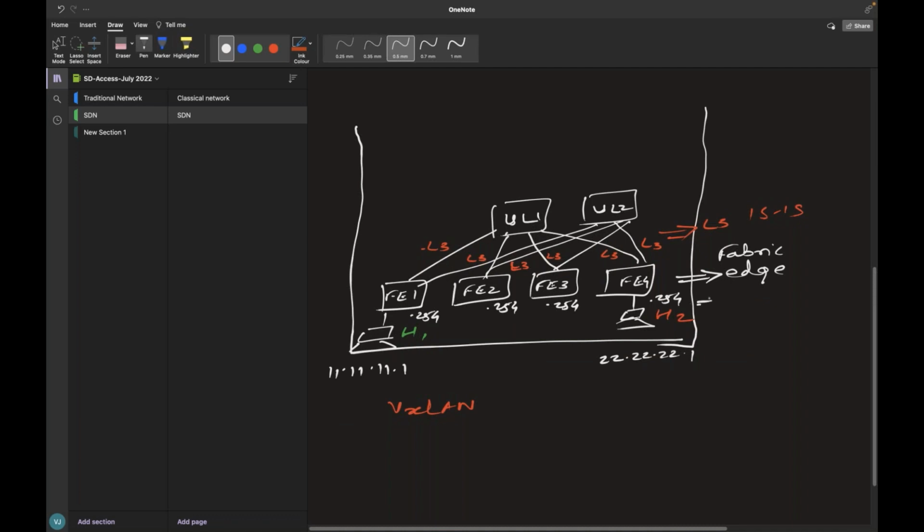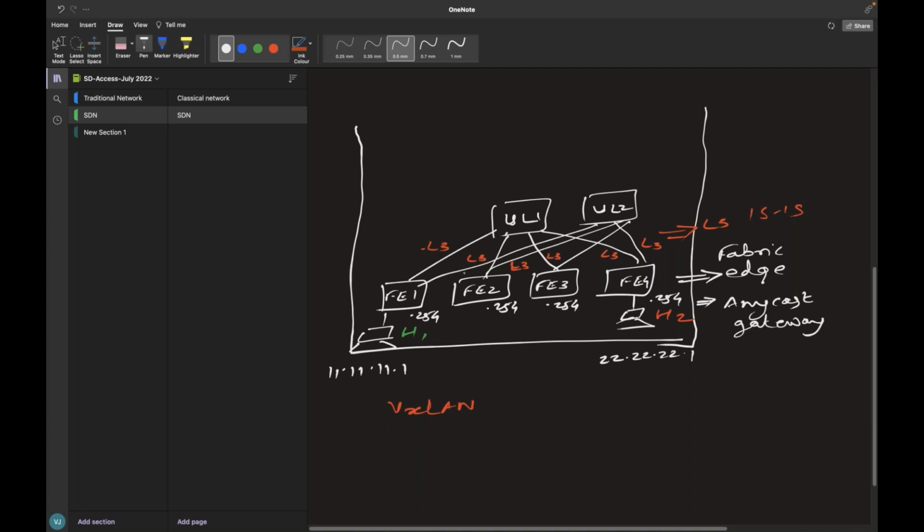This is called Anycast gateway. I will go into detail about Anycast gateway operation, how the packet traverses across, all those things. But as of now, just keep in mind there is no L2 here.